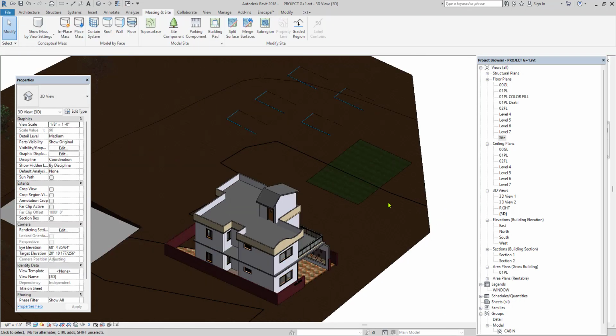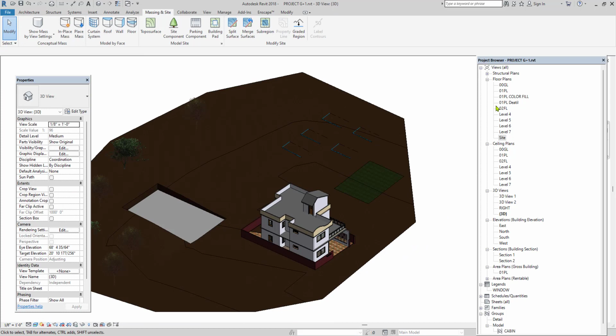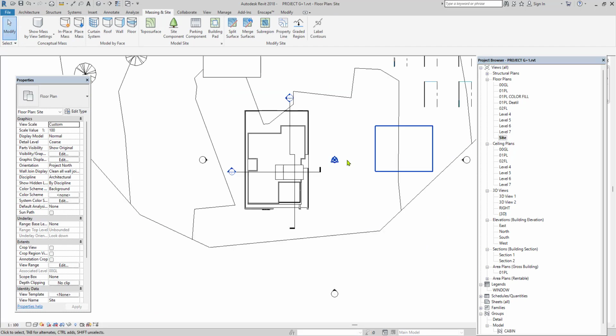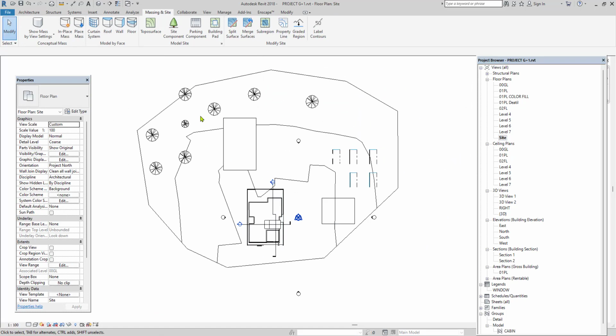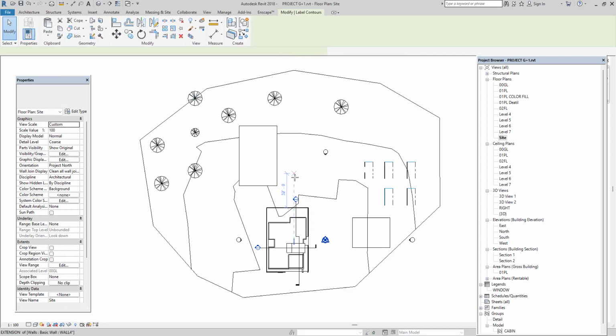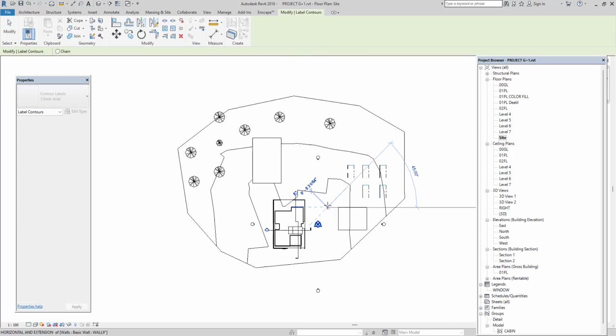So next one, in order to name these contour lines, we have a label contour option. Just take the label contour option and then start from any one of the points and finish it like this.